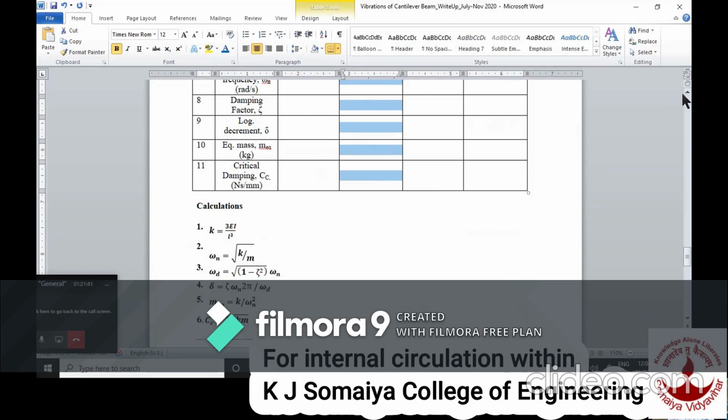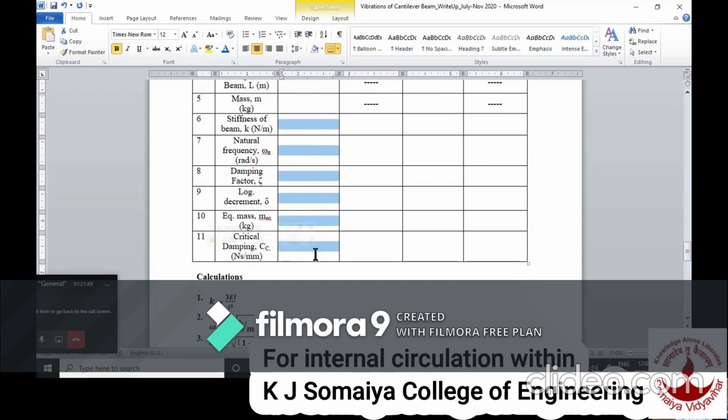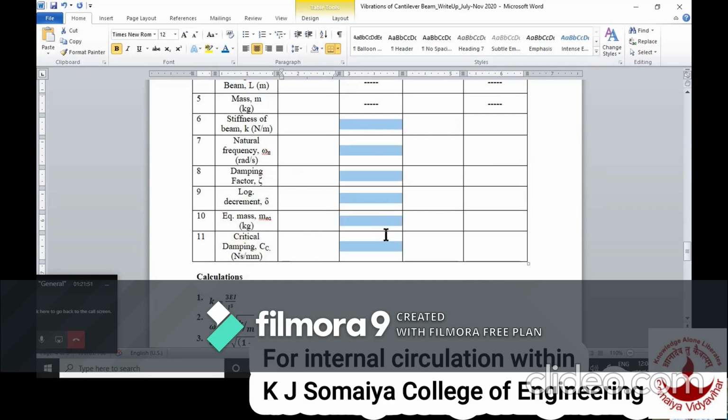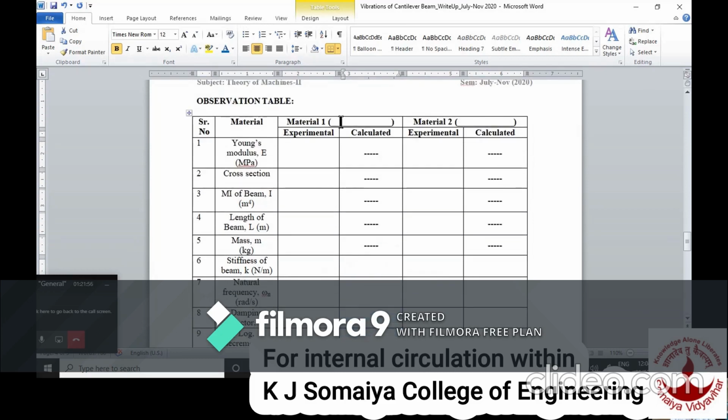With the help of these formulas, you can find out what is the calculated value, and just here you have to note down the values which are obtained from virtual lab, and here you have to find out the calculated values. Now this will be the one set of observation for one material. For example, if you selected the material as steel, so for steel material, for these parameters which are set by you in the virtual lab, you can note down the values from virtual lab, as well as find out the values with the help of manual calculation.